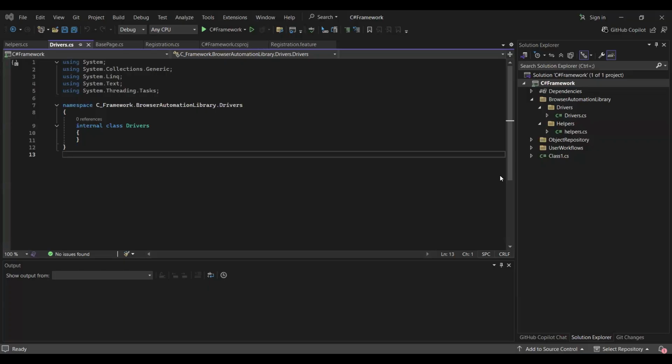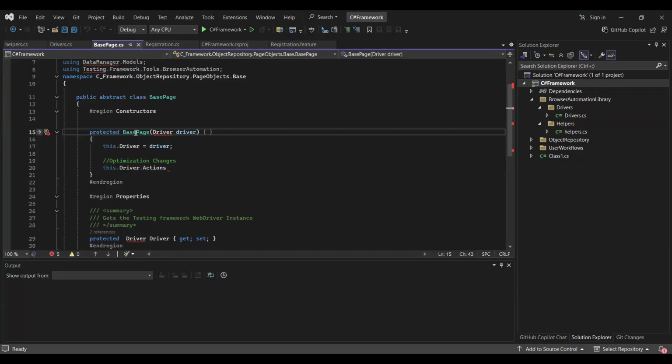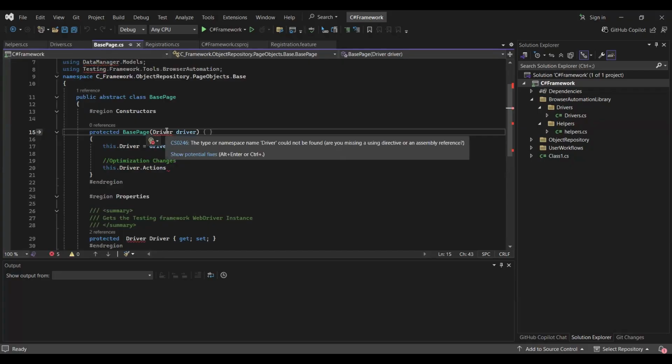Hi everyone. Last time we saw how to create a C# framework using Selenium and the BDD framework, and we completed this framework structure. We got stuck somewhere, right? We got stuck at where we would add this driver. The driver was giving some issue last time, so we have to define this driver. What we need to do to define this driver is